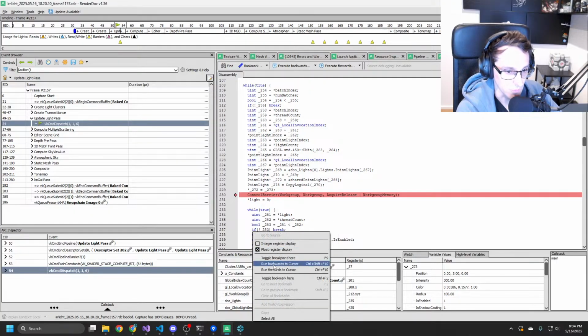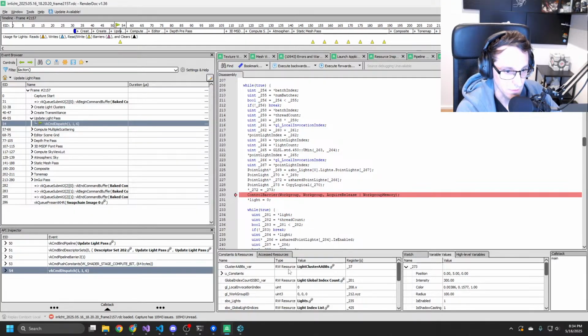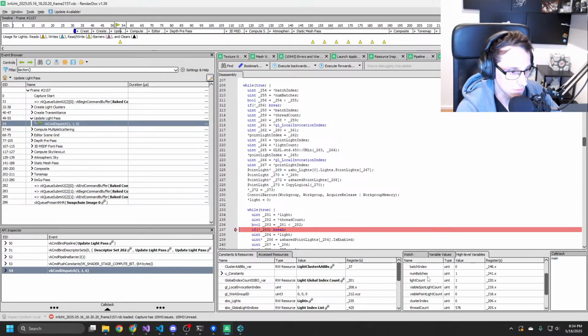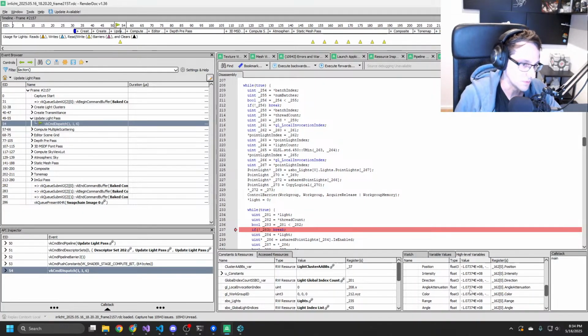Then if we move, run forwards, it's garbage.